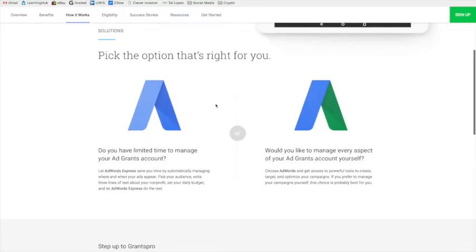So Google kind of runs you through how this whole process works. They also give you a couple options here. So for example, how much time do you have? Do you have limited time to manage your ad grants account? Then they'll run you through Google AdWords Express, and they'll also say, okay, if you have a little more time, or if you have a social media manager, such as my company, Profit Path Marketing, then maybe you want to go through just the regular AdWords process, which takes a little more time, but in my opinion is far superior